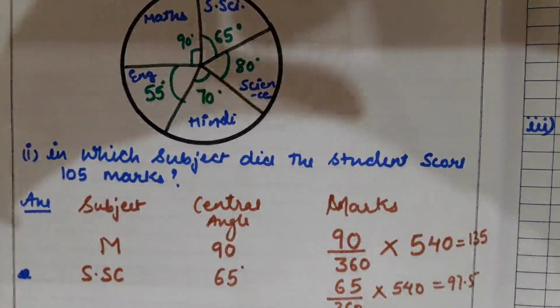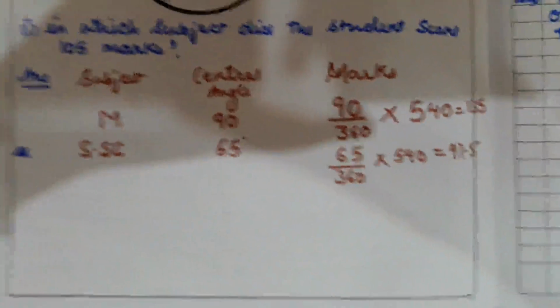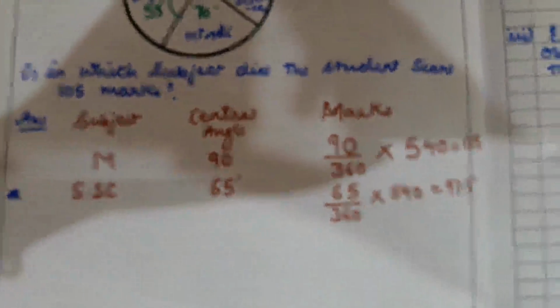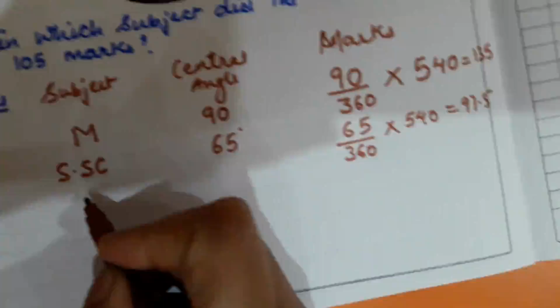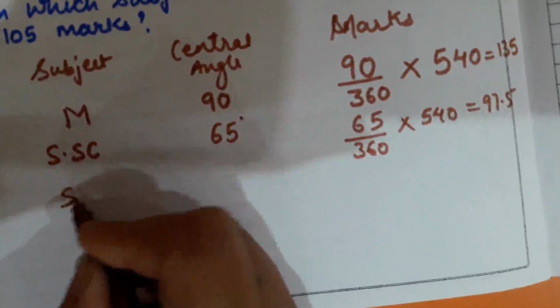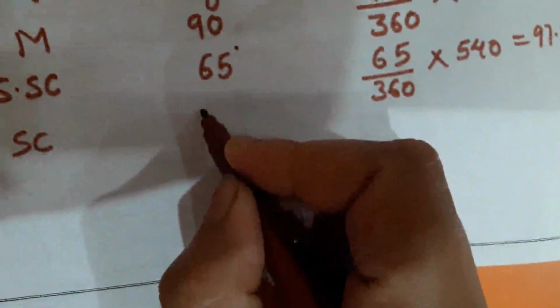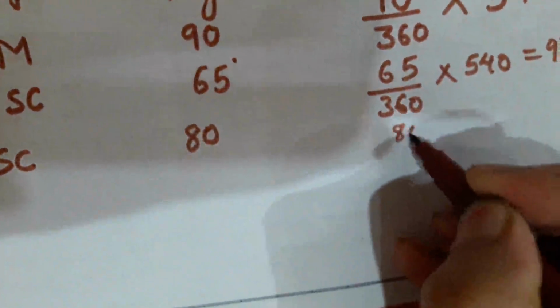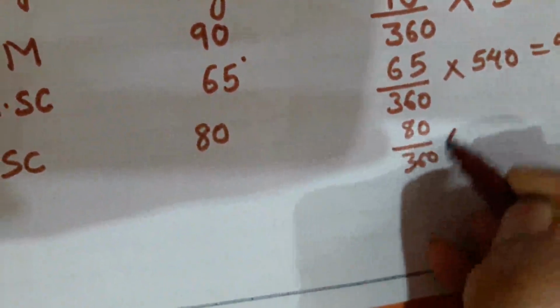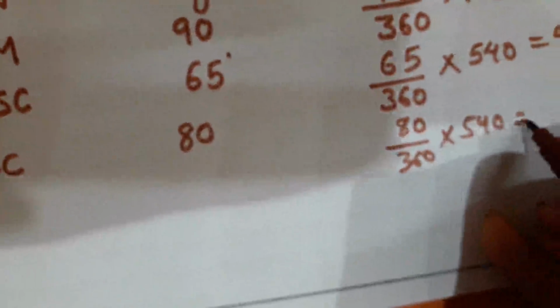Okay, now let's see the next subject. Next subject is science. Science central angle is 80. So 80 divided by 360 multiplied by 540, you will get